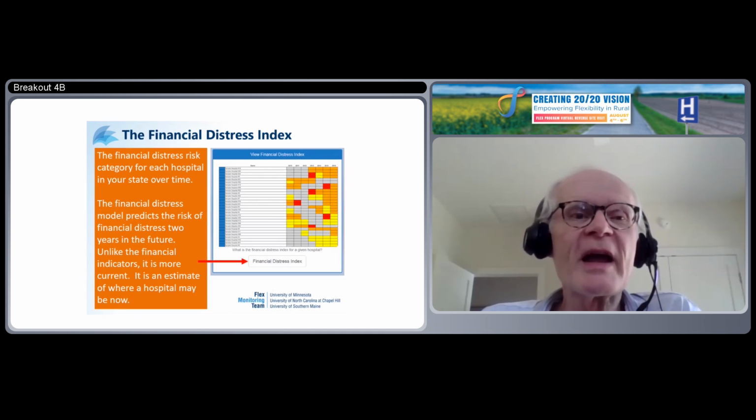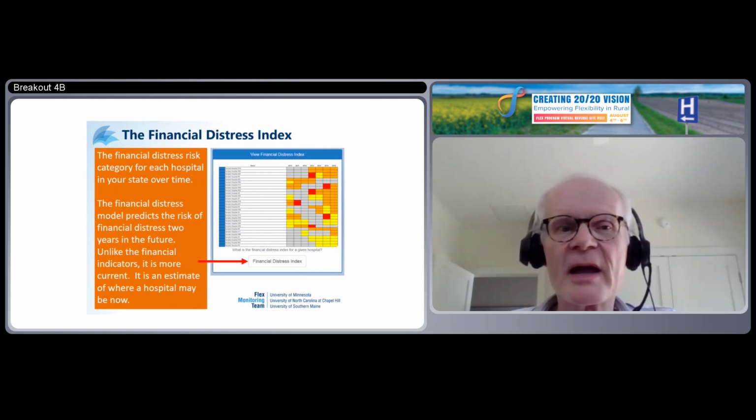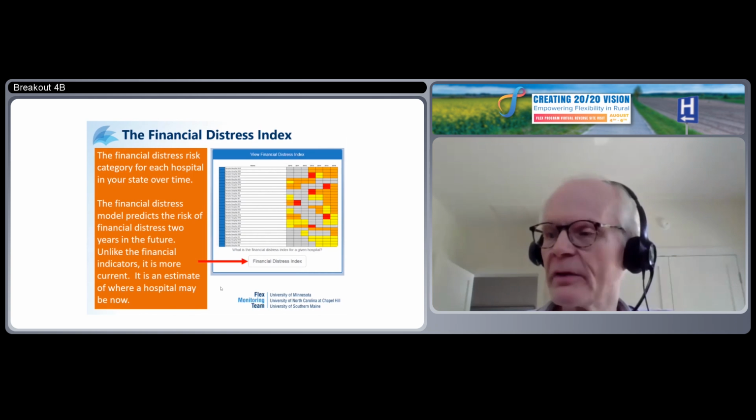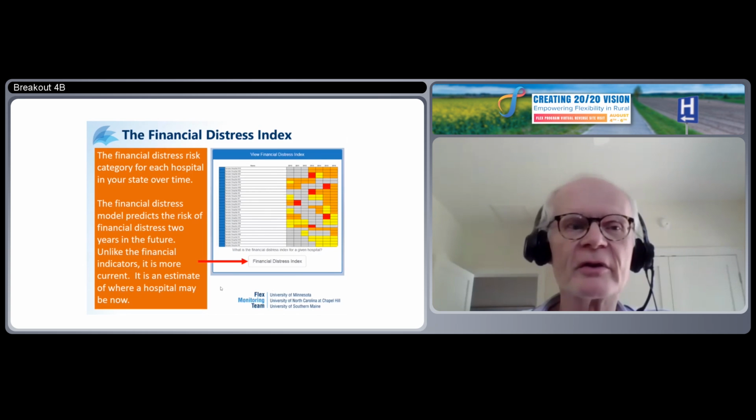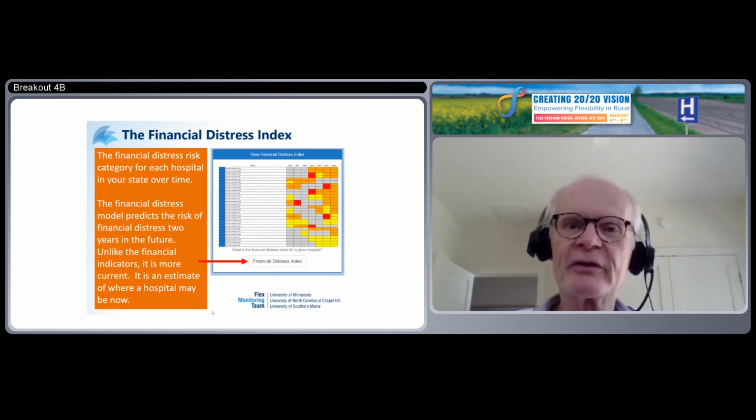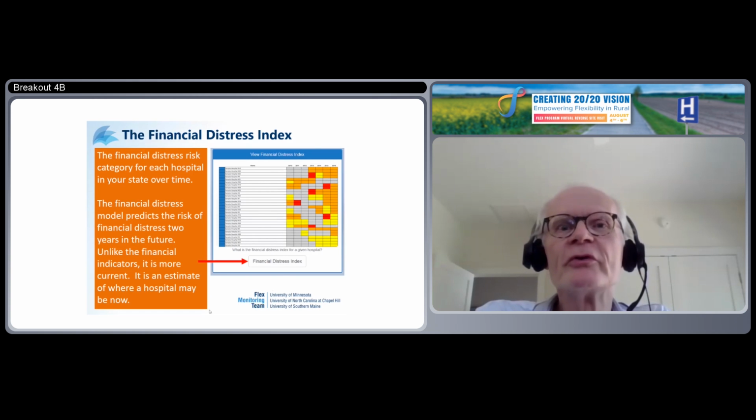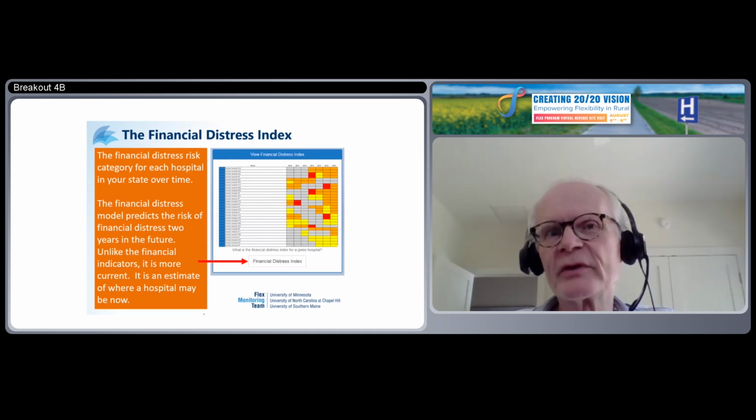The next one is the Financial Distress Index. This has, I think, proved to be fairly popular with state flex coordinators because it really is a forward-looking tool. We haven't got time to go through all the detail of how this was constructed, but essentially it uses historical financial and market data to predict the risk of financial distress 2 years from now. So we're using data up to 2018 right now to predict the risk of financial distress